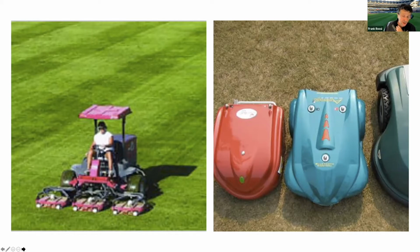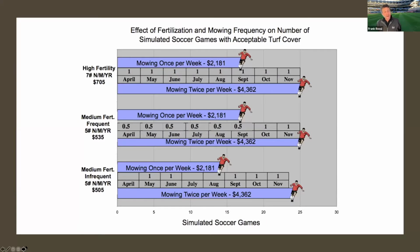For sure, there's going to be a future for this technology, I think, especially once they can do the patterns that we become so accustomed to, which, I think they're pretty close to developing. But since we're talking about mowing and we're talking about traffic, let me draw your attention to some old Michigan